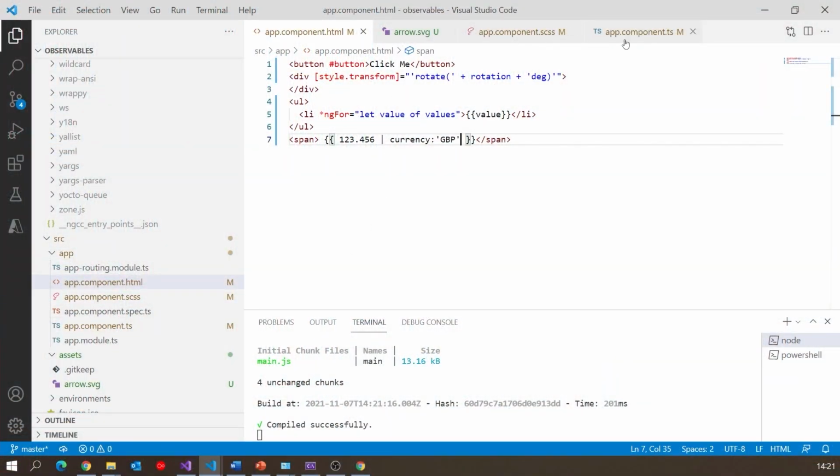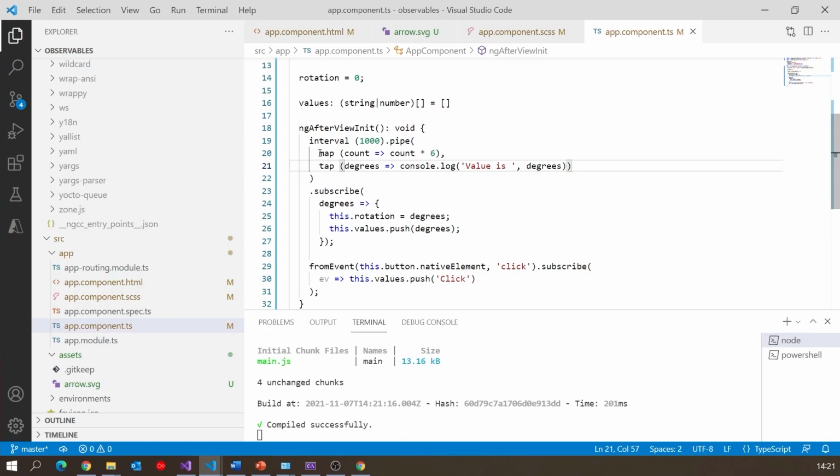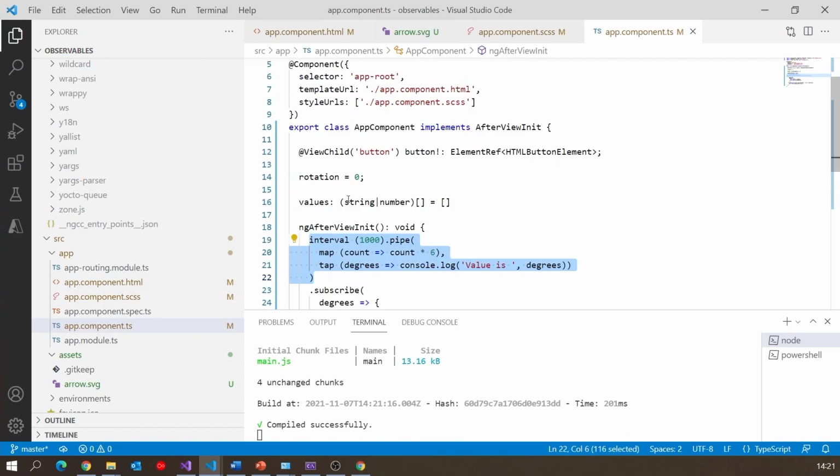But also we have a really powerful pipe in Angular called the async pipe, which is intended to deal with situations where we want to bind to the results from an observable. So what we'll do here is let's go back to the code and actually, rather than just declaring that interval pipe there, we'll declare this as a member of the component.